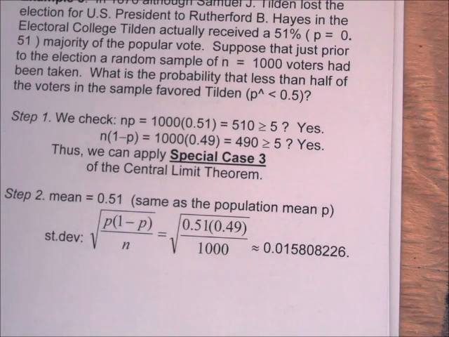So let me put that into memory. Second, square root, 0.51 times 0.49 divided by 1,000 equals. Okay, so